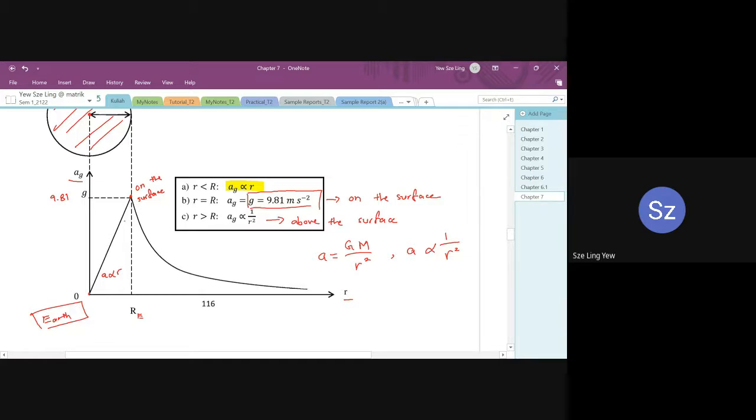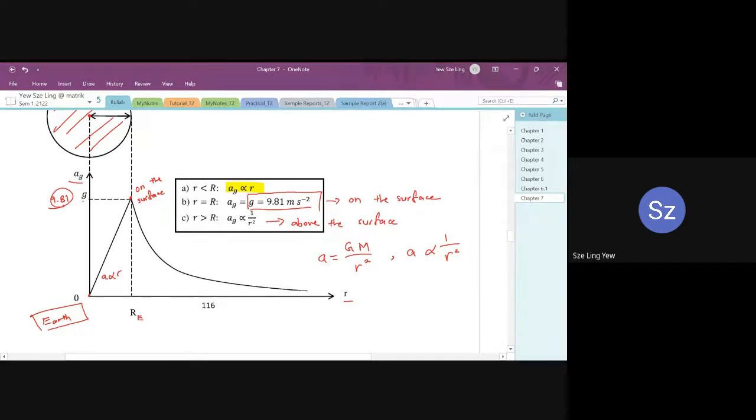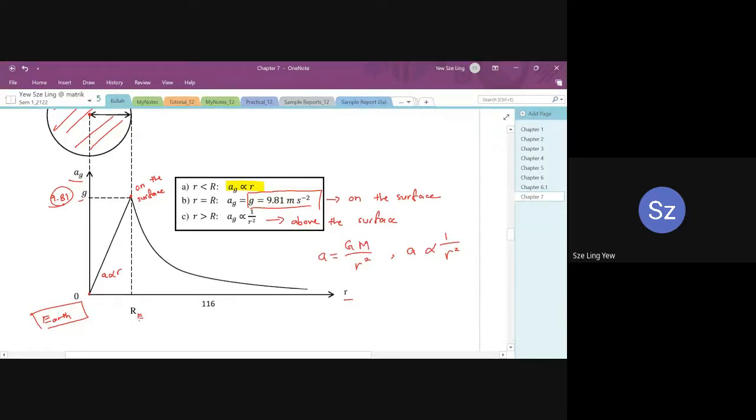Okay, boleh faham? Kalau kamu lukis untuk bumi, kamu kena masukkan nilai 9.81 and then kena masukkan RE punya nilai, sekiranya diberi. Okay, tetapi kalau anda tengok pada planet yang lain, then apa yang anda buat? You just substitute as AG. Okay, you don't substitute as G anymore, and then this R, you just substitute a capital letter R without the small subscript E. Okay, because you just want to tell people that now this is the radius of the planet given. Okay, so it is a straight line until it reaches the surface, and then it becomes an inversely proportional